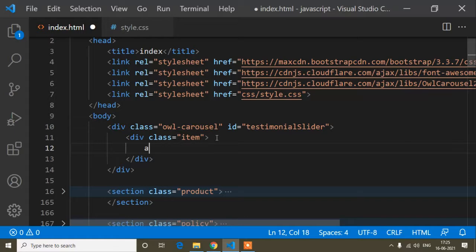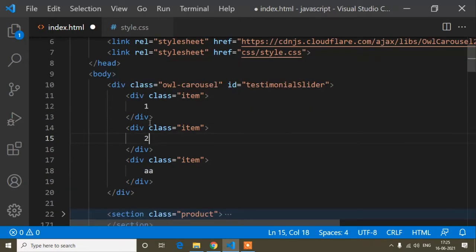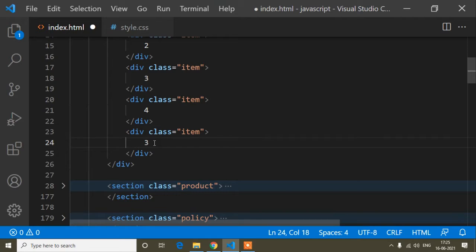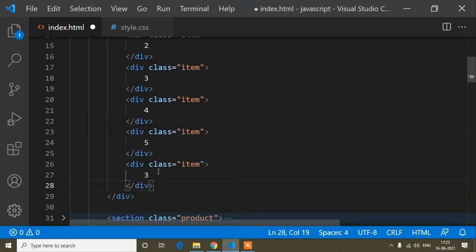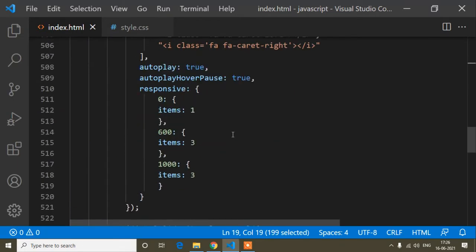First of all I will write this content and show you how we can modify this carousel. Okay, so now for the 3 slider, I will write 1, 2, 3. Here I would actually pass the images, but for showing purposes, I will pass these numbers: 1, 2, 3, and here I will write 4 and 5. This one is 4, this one is 5, and then another item, that is 6. So now I have 6 items, but when our screen size is 1000 pixels or more than 1000 pixels, at that time I can see 3 items out of 6.